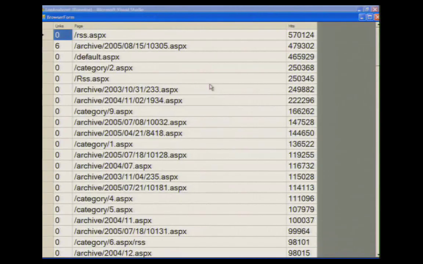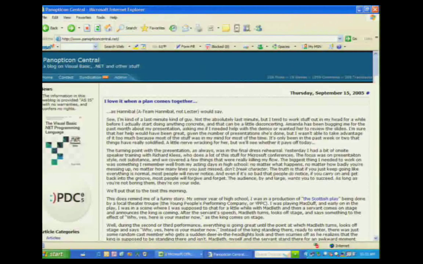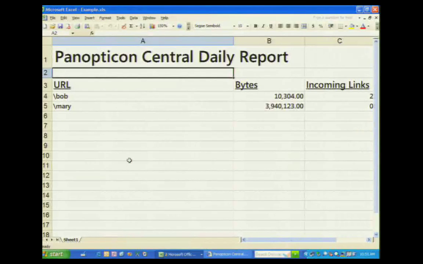Now, one way to do that is I could use automation. I could maybe use VSTO, Visual Studio Tools for Office. I could automate Excel and build the spreadsheet, but that's just going to be a lot of code. The great thing is now Excel supports an XML format. So what I've done is, if I can switch over here, I've created this example